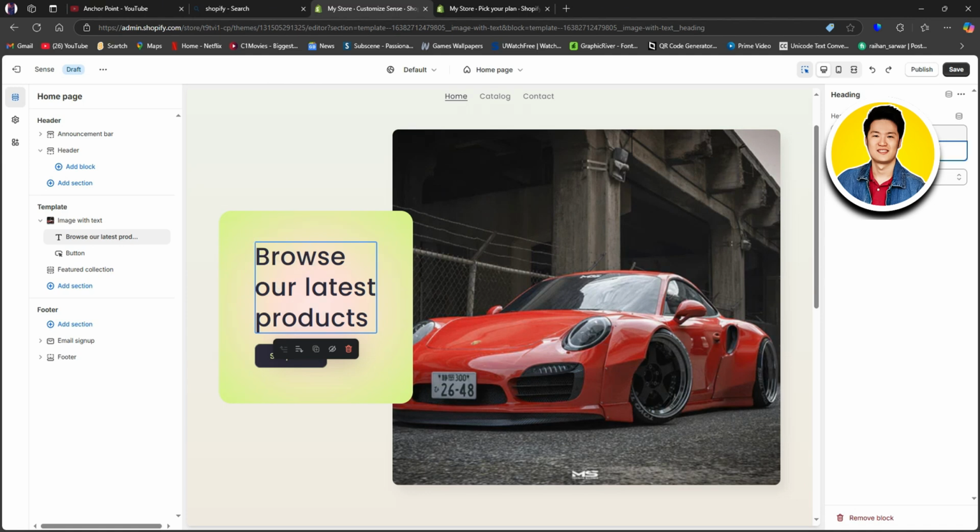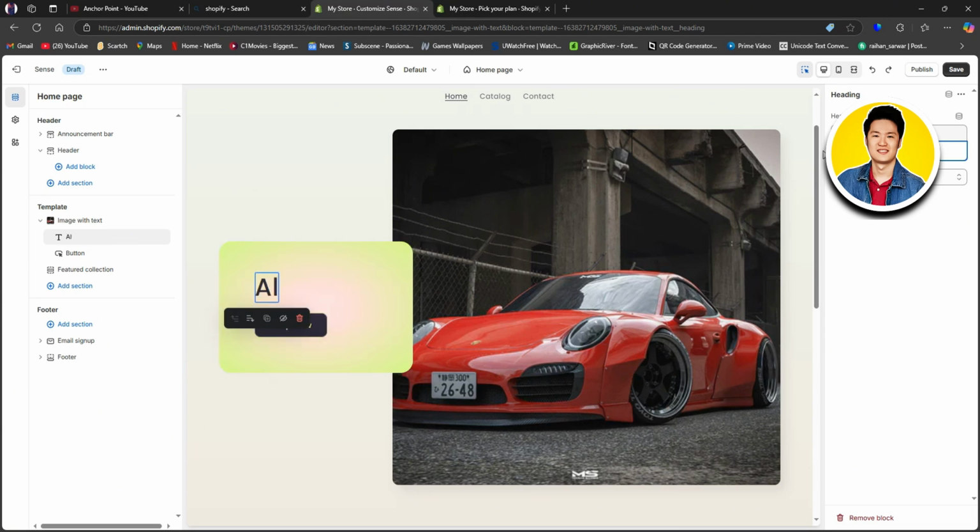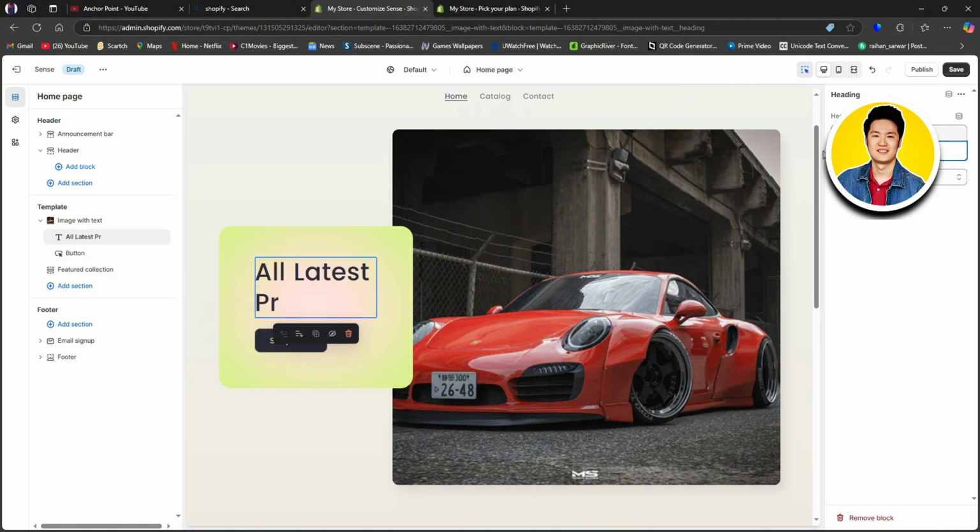You can select the entire text on the right panel and type in whatever you want to replace the previous text, and it will be added onto your template in real time. This way, you can customize any text on the template. So for now, I just typed in all latest products, and on the right panel, you will get to see